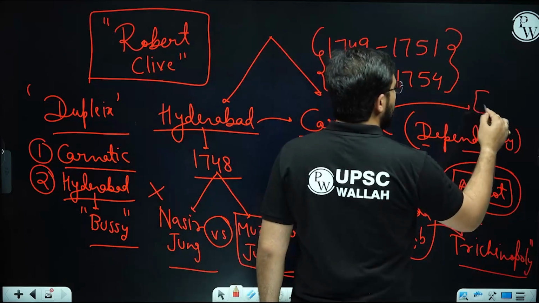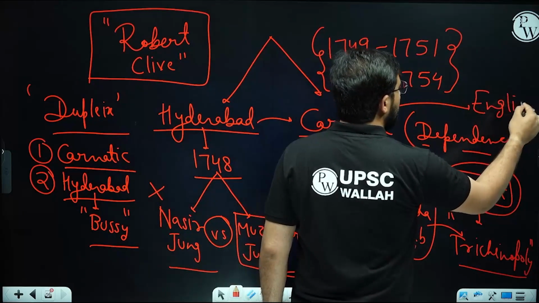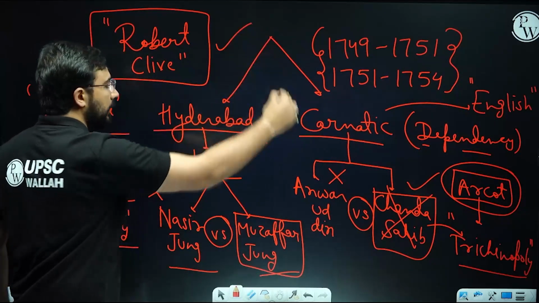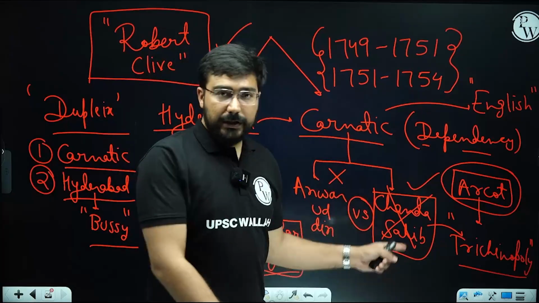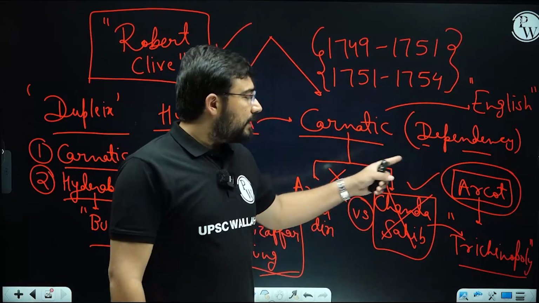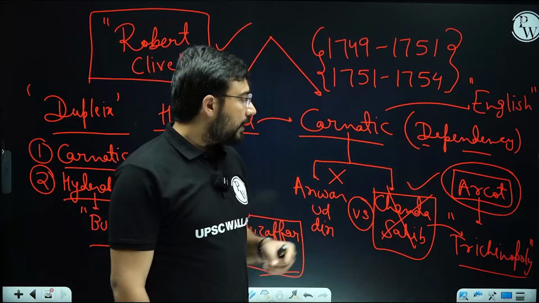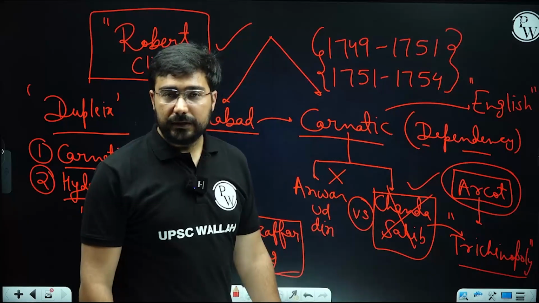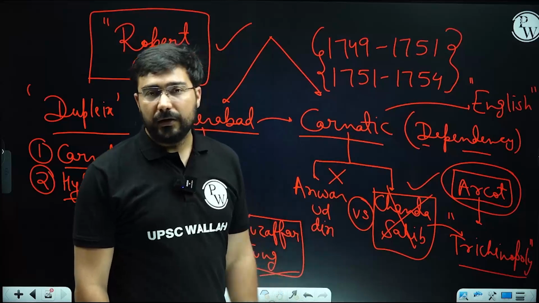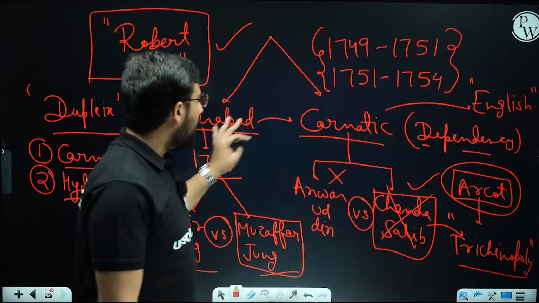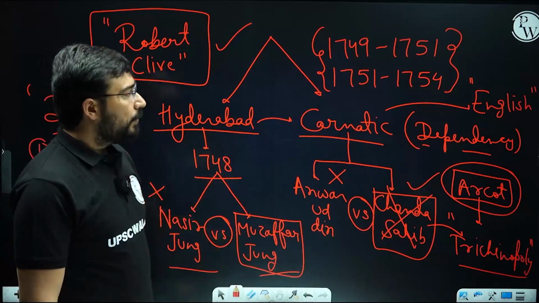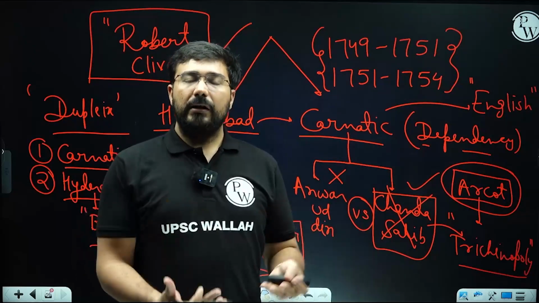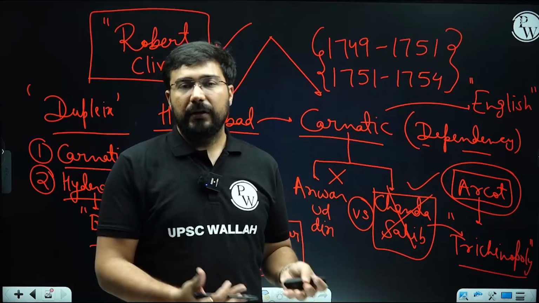So as a result, during the later part, Carnatic went out of the hand of the French, and the people who became strong here were the English, and this was the strategy of Robert Clive which worked, in which he rightly perceived that the moment Chanda Sahib will see that his capital is in danger, he will try to run back, and that was used by him in order to defeat Chanda Sahib, and he had an alliance with the Raja of Tanjore. This is how the Second Carnatic War was played out in India. This Second Carnatic War increased the political ambition of both the British as well as the French.